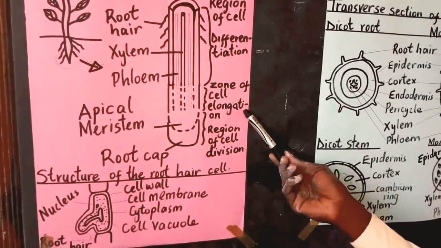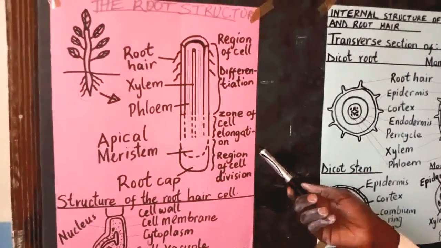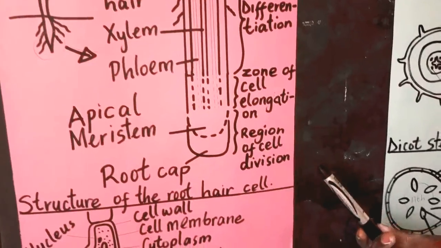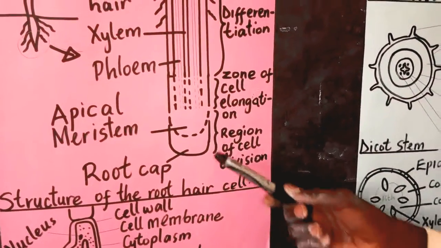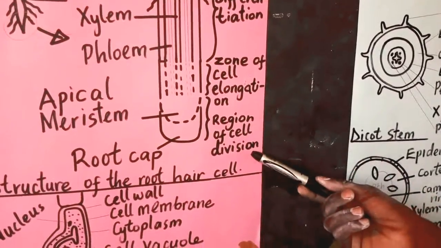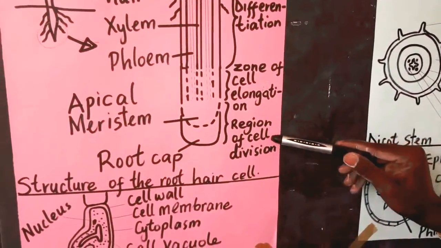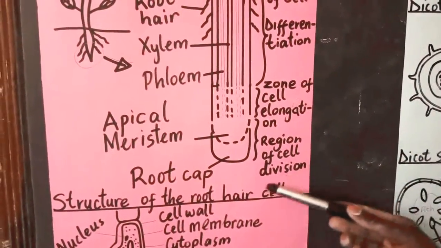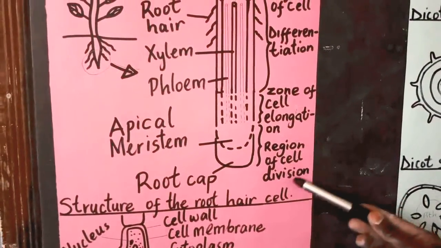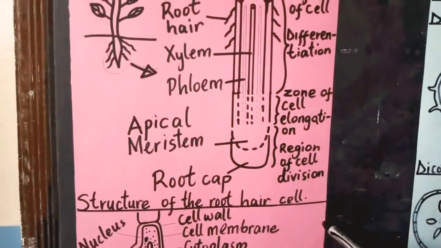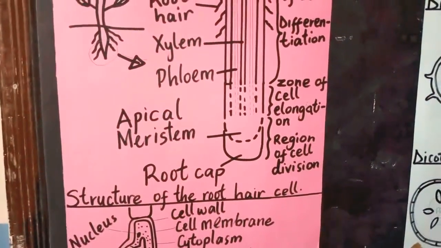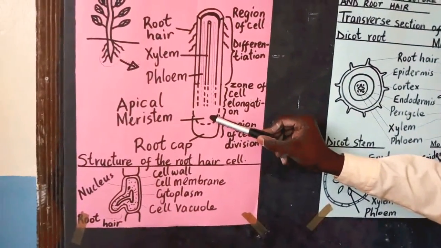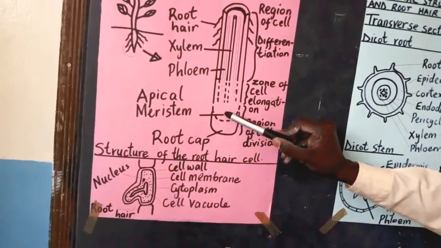In the region of cell elongation, the cells tend to grow longer, and therefore we also have another region just beneath it referred to as the region of cell division. The region of cell division comprises the apical meristem and the root cap. Therefore, in this region, there is the highest rate of cell division taking place, which results in elongation of the entire root. During this process, when these cells are dividing within the apical meristem, they will end up being many,